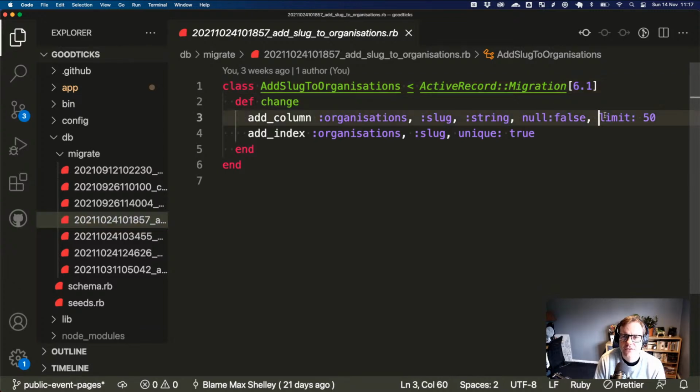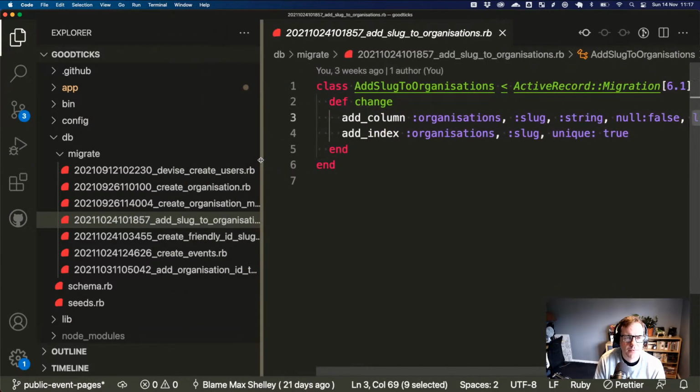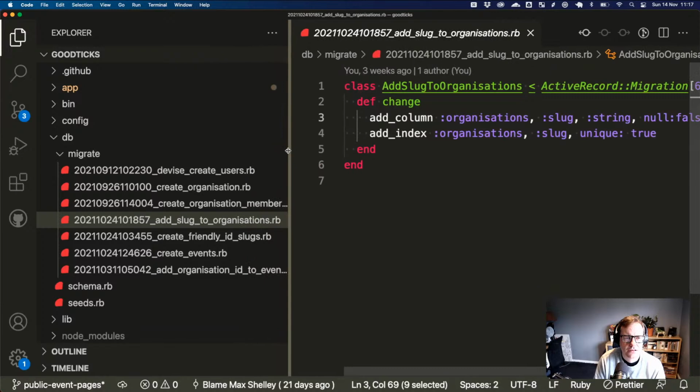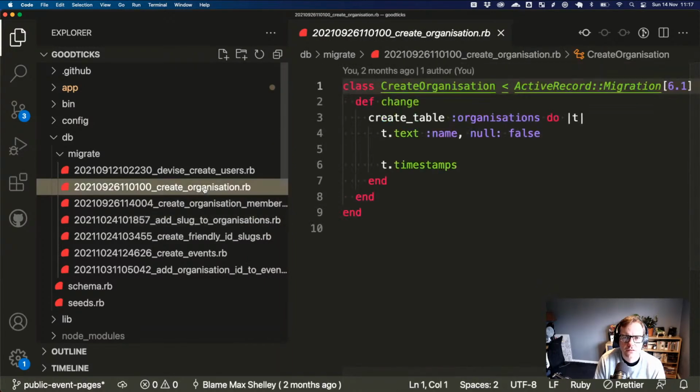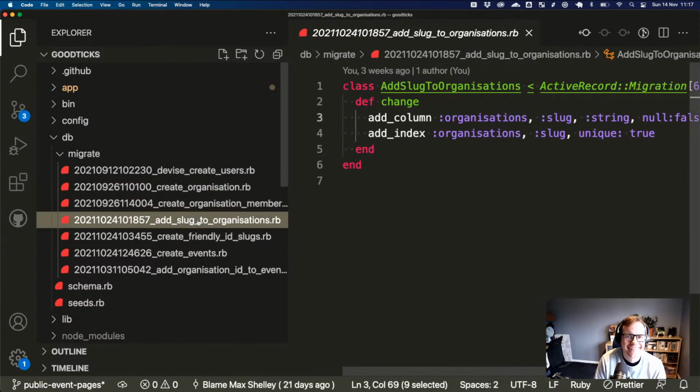That's limited to 50. Did we limit the name of the organization to 50 characters as well? No. Okay. I wonder if we tested that.